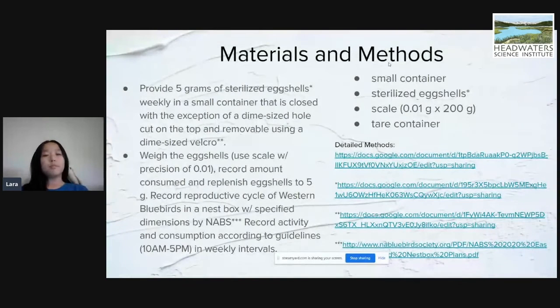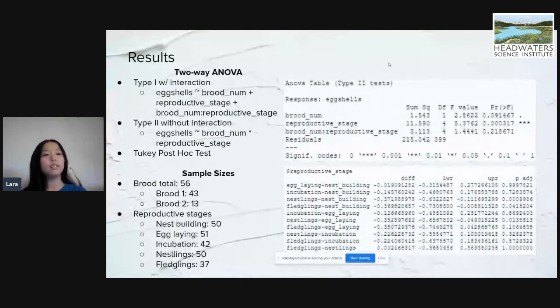These are my materials and methods. I provided 5 grams of sterilized eggshells in a small container on top of the bluebird nest box. I ran a 2-way ANOVA. I first tried a type 1 with interaction, which didn't really work because brood number and reproductive stage didn't have any interaction. I then tried a type 2 without interaction, and this worked, and it can be seen in the table on top. I also ran a Tukey post-hoc